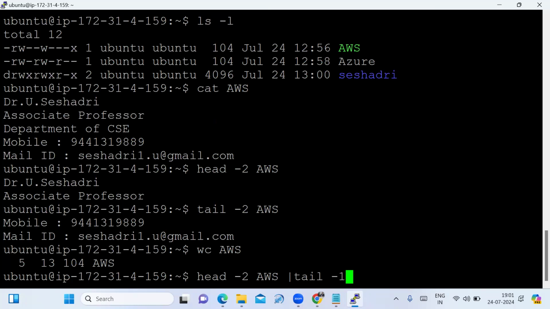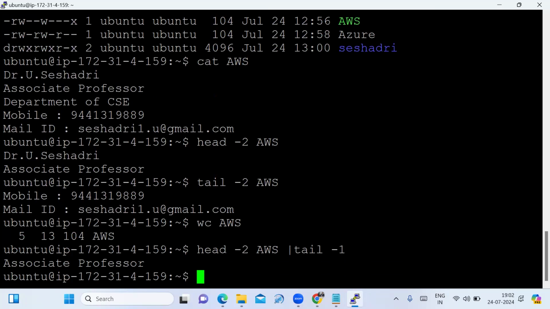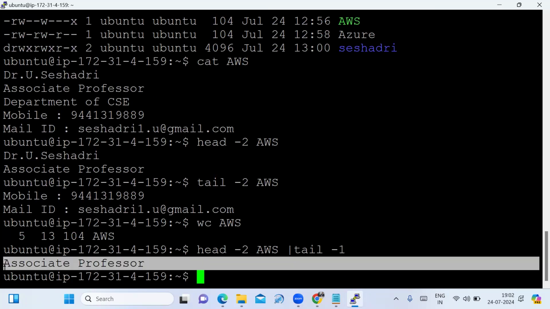For that we are using the head and tail combination, we have to use it. See friends, it is displayed in the first two lines, but only the last line is displayed. For that also we have to use the pipe command. Fine